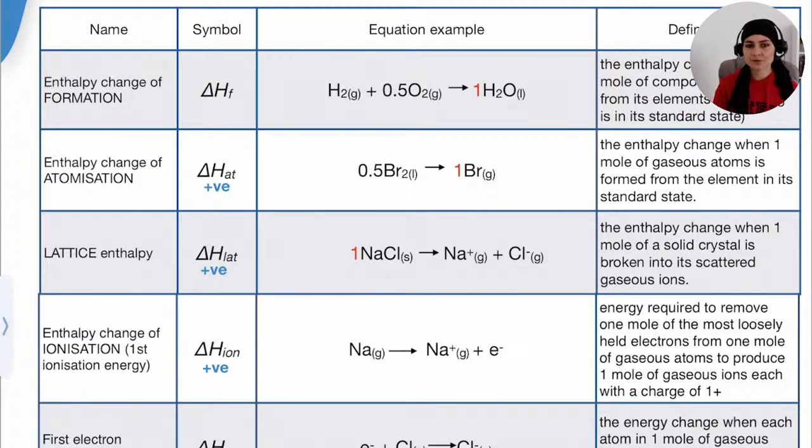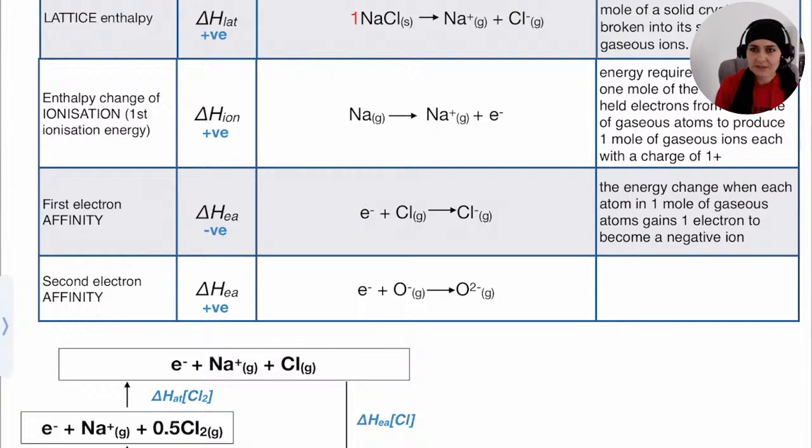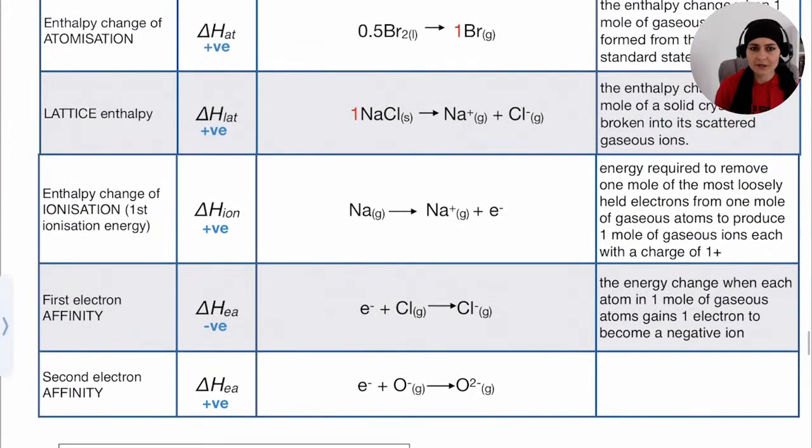For this lesson, we would only use it as a positive lattice enthalpy, so lattice enthalpy of dissociation. The next definition that you need to know is first ionization enthalpy, and second ionization enthalpy. So first ionization enthalpy, it's when 1 mole of gaseous atoms